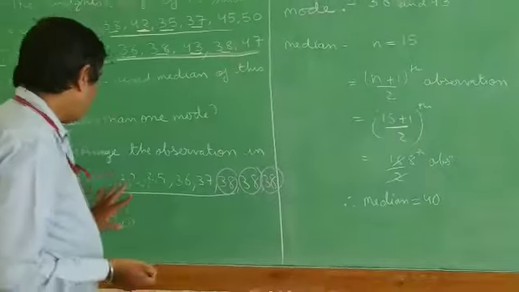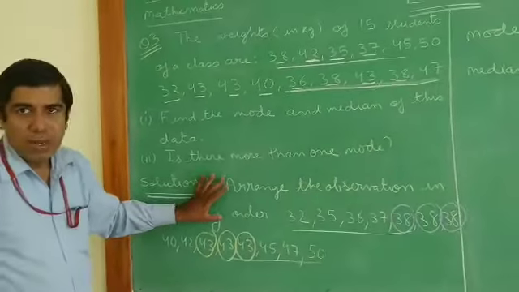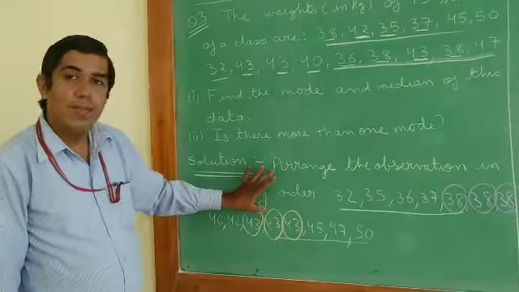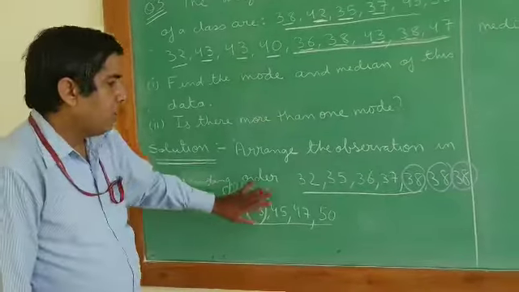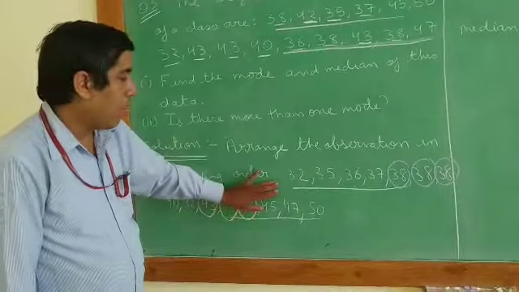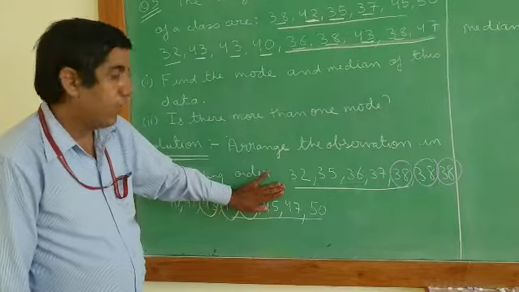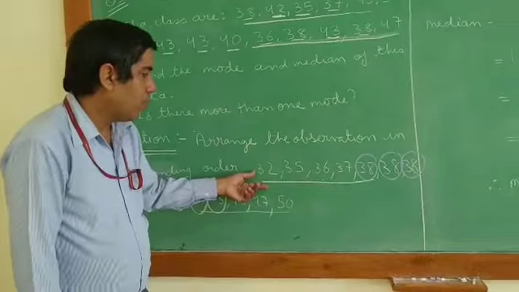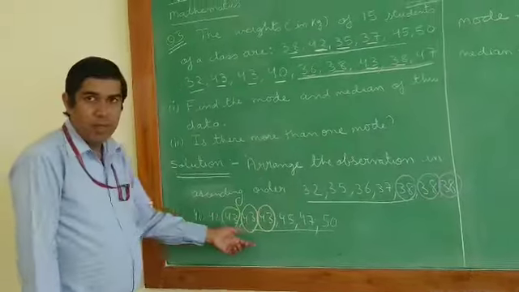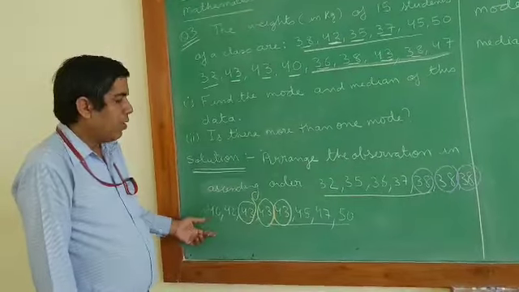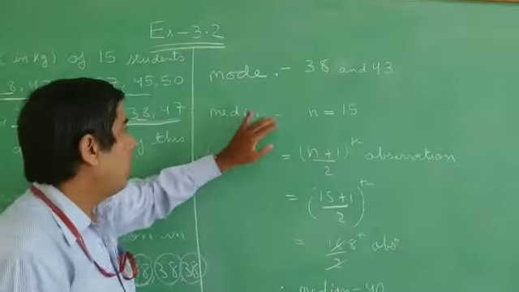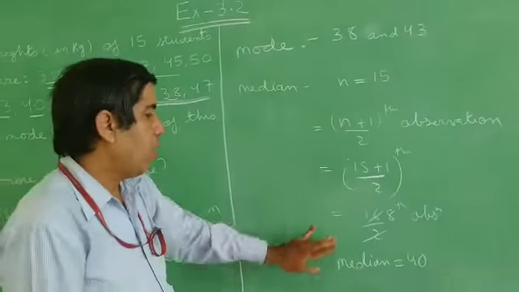Let me explain this once again to you. First, arrange in ascending order. That is the main step in finding median and mode. So I have arranged in ascending order. Do it properly and take time. Don't do it fast. You may miss any observation. Chances of mistake will be there. So I have done it, first the smallest number 32, then 35 and 36, and again verified. You have seen in the video how I verified. That way you have to verify also. Now the mode: 38 and 43 is the mode. And the median is 40.